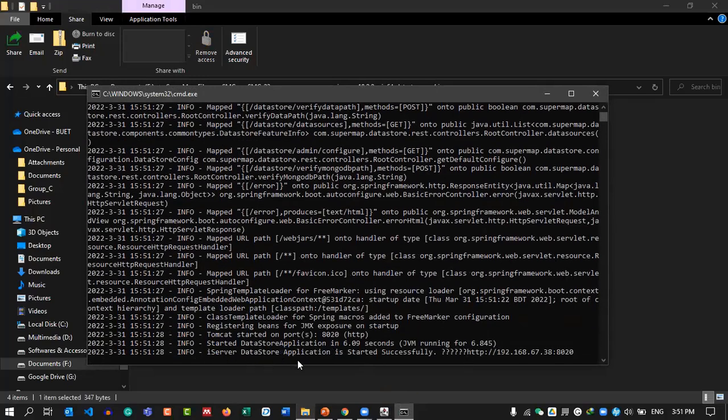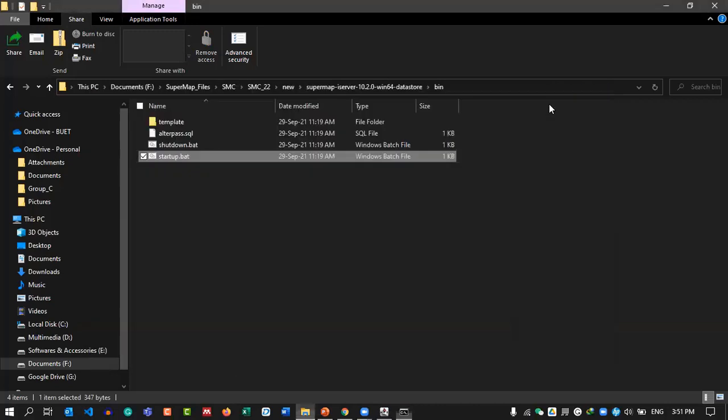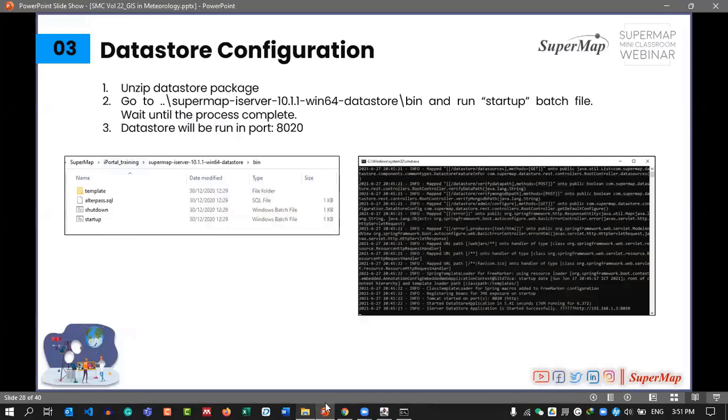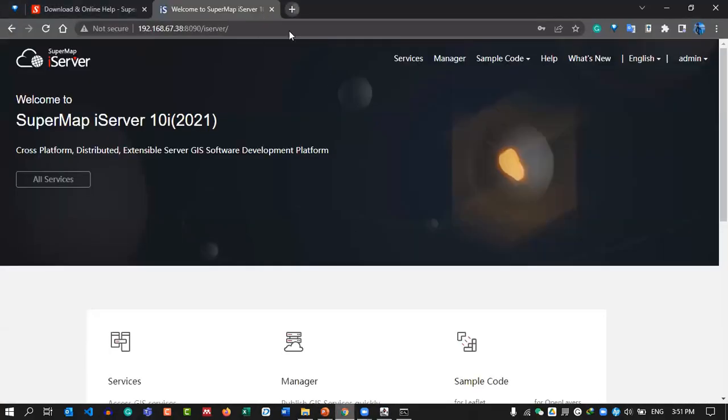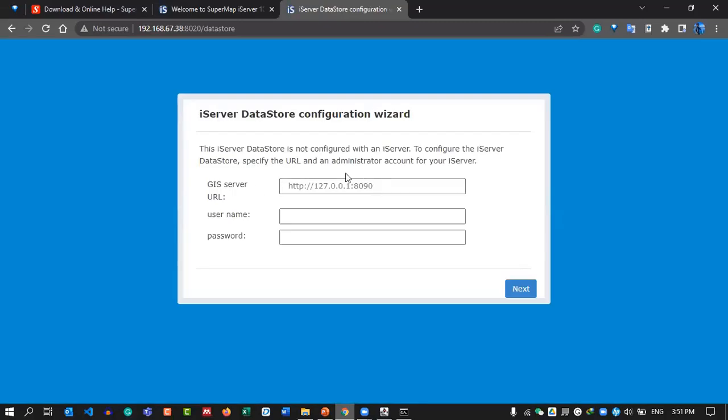So it's showing that iServer data store application is started successfully. So this is the link for iServer data store, where you can see this one is my IP address and this is the port 8020. So just you can copy this one from here and just minimize this into my browser. Okay. So here you can see this is the iServer data store, and here we need to configure this data store